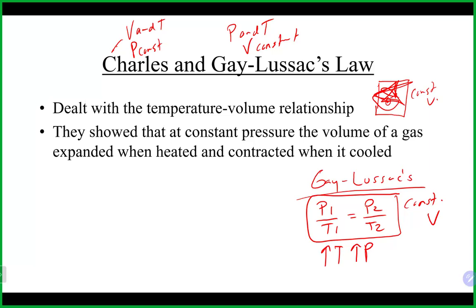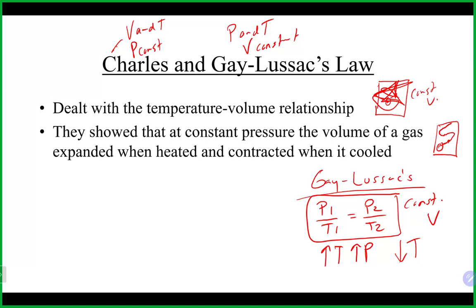So in the Gay-Lussac situation, because there's a constant volume, if you increase the temperature, you get more collisions, leading to a greater pressure. Now what happens if we lower the temperature? If we lower the temperature, our gas molecule is going to lose energy and fly around a lot slower, dramatically drawn here as a much slower moving gas molecule. Because it is a slower moving gas molecule, it's going to have fewer collisions.